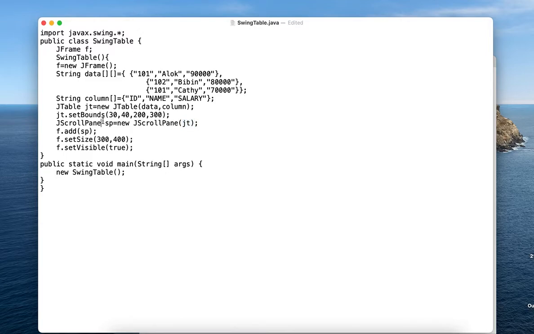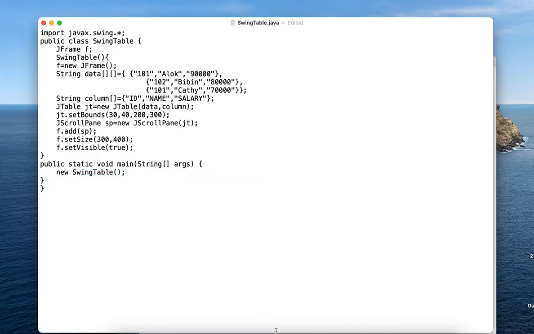as a parameter to this particular scroll pane object, and then we will be adding the scroll pane inside the frame, as well as setting the size of the frame, and also we will set it as visible, that means it is true. We are not associating any layout manager here, and we do not always need to mention it explicitly. If it is not mentioned, it will not have any default layout manager. Then inside the main program, we are simply calling the constructor.